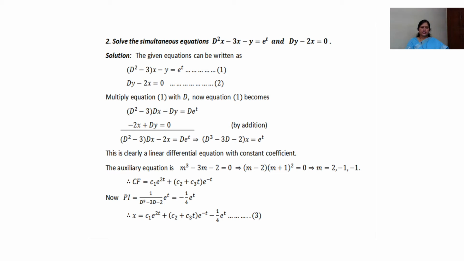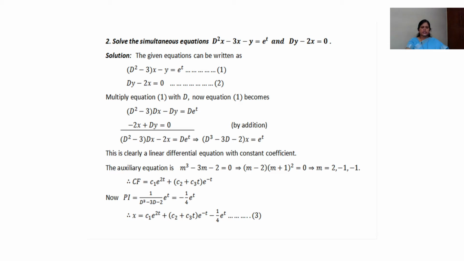So after finding the complementary function, we are going for the particular integral. Why are we going for the particular integral here? Because we have a right side value, that is f of x is equal to e to the power t. But in the previous problem we didn't have a right side value, we had only 0. So the complementary function itself was the solution, that's why we got the x value directly. But here e to the power t is there in the place of f of x, that's why after the complementary function we are going for the particular integral.